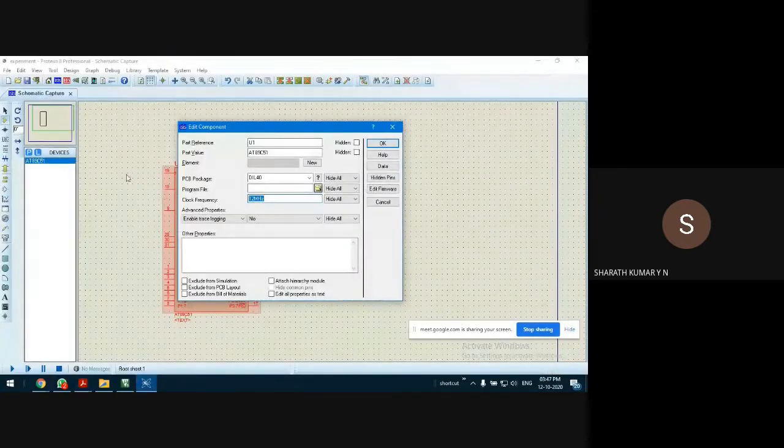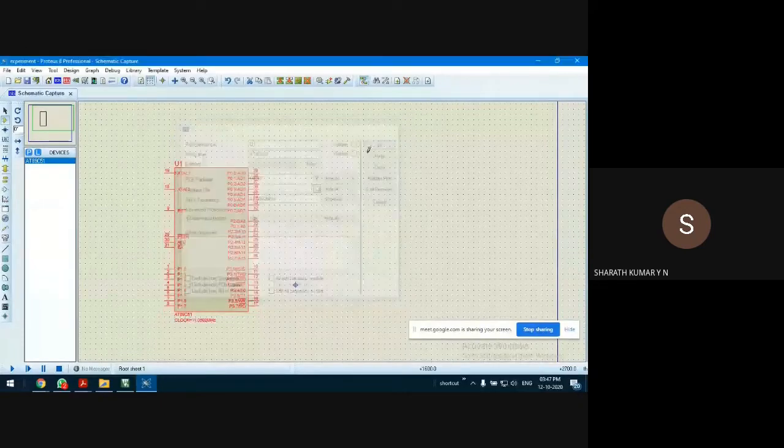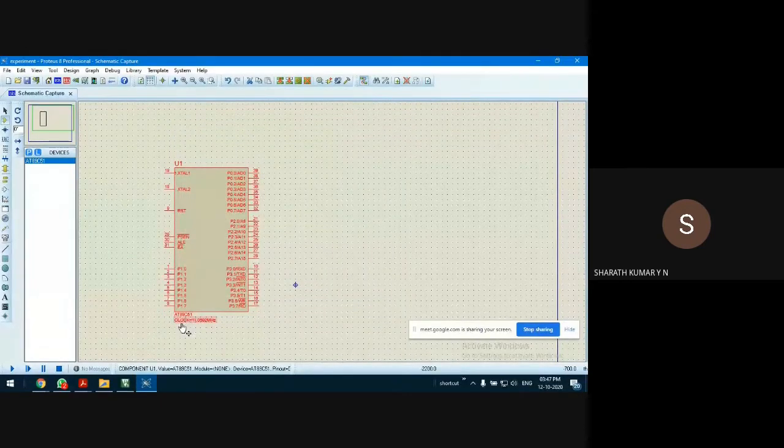So we can actually connect an external crystal oscillator to the microcontroller, that is this IC, or else we can give the frequency here, that is 11.0592 megahertz. And you can show all here, so that you can see the name of the processor and the clock frequency here. Otherwise it may not be visible. So very simple. Okay, fine.